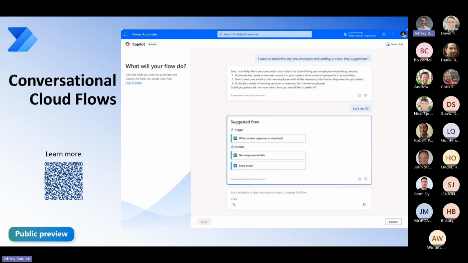And then Copilot in Power Automate asks a few probing questions to help you form a clear automation plan that ultimately helps you create, refine, edit, and adjust through an ongoing conversation. It also helps you fix errors to get your automation up and running very, very quickly.